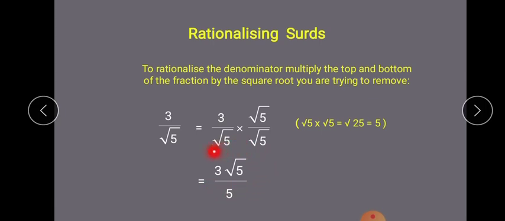One point you have to take into consideration: we are always observing the denominator. So now see here, the denominator was root 5, now it has changed to 5. That means this irrational number has changed into a rational number. Don't bother about the numerator. Let the numerator be in root, no problem. Always we have to see the denominator. So this is a very simple example to show how we can convert irrational to rational.